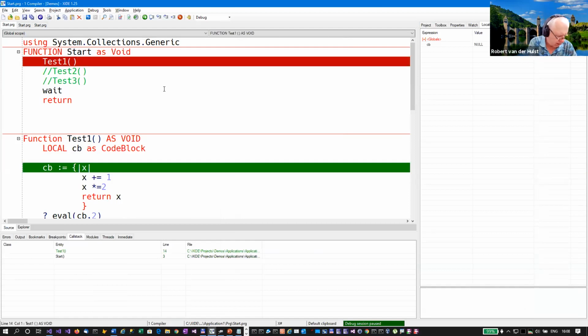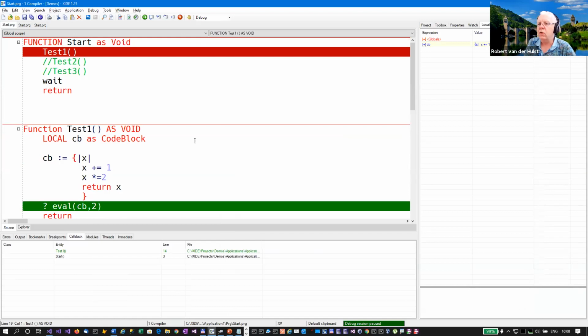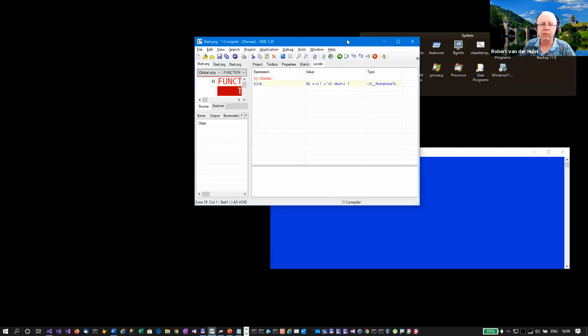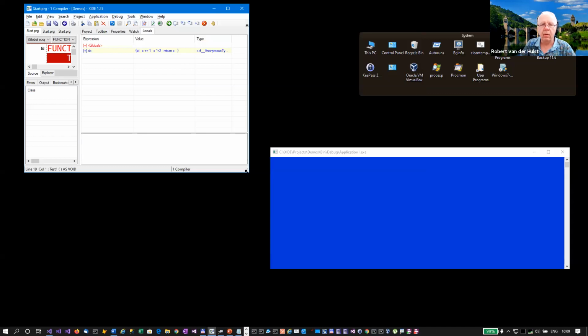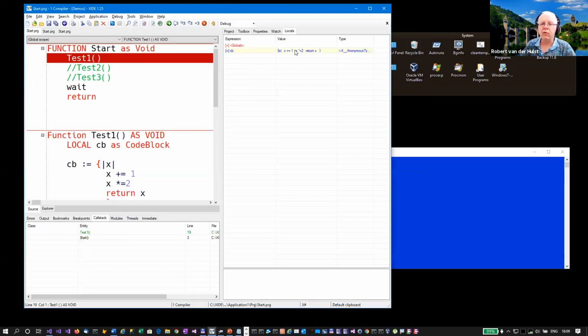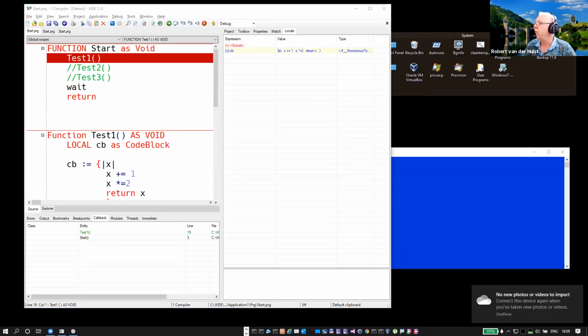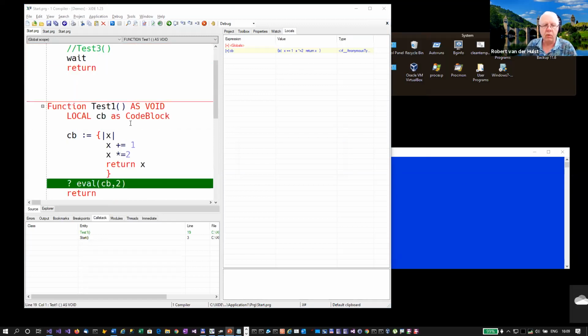Robert, if you can drag my image down, I'm not sure why, because now the image is over the locals window. But if you look in the locals window, you would see the code block now. One of the things we've done is we show you here the source code of the code block, and the carriage returns and line feeds are replaced with spaces here, so you can actually see the code block that we're evaluating. And now when I step through,